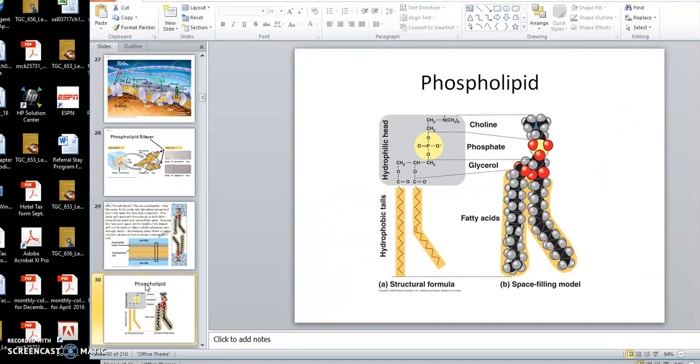Here again is a phospholipid, just to refresh your memory. Here is the hydrophilic head because it's charged. Remember we said a charged group. Hydrophobic tails, which are fatty acids, are not. Now these particular fatty acids are partially unsaturated. Now we always hear that animal fat is saturated, and that is true for the storage fat. But for structural fat in a cell membrane, it can be slightly unsaturated. Remember, a double bond means unsaturated. The reason for that,